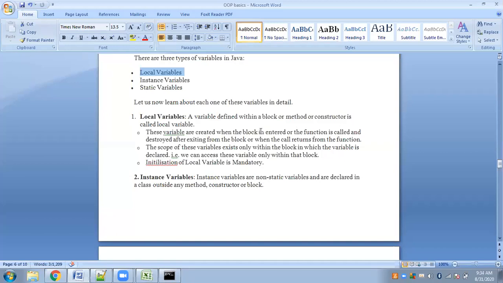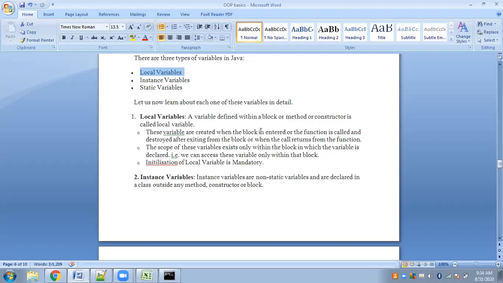That is what we call the lifetime. Lifetime means for how long your variable will exist. The existence of a local variable is within the block or function in which it is declared. Once you get inside the block and declare a variable, it will be active in that block, and once you leave that block, it will be destroyed. So if you try to use that variable again outside that block or outside that function, you again will have to declare it.